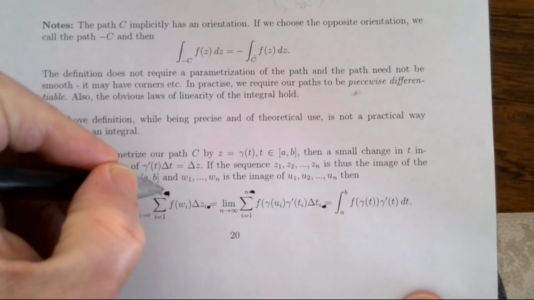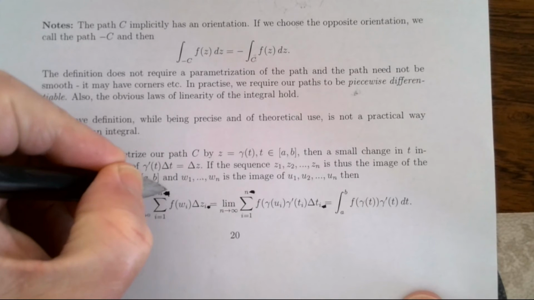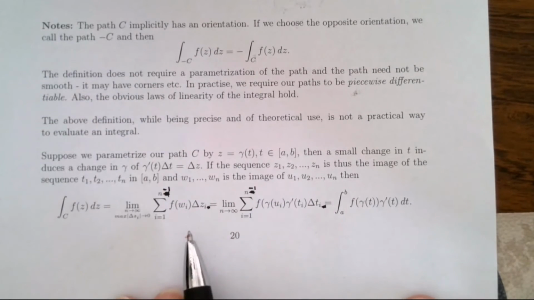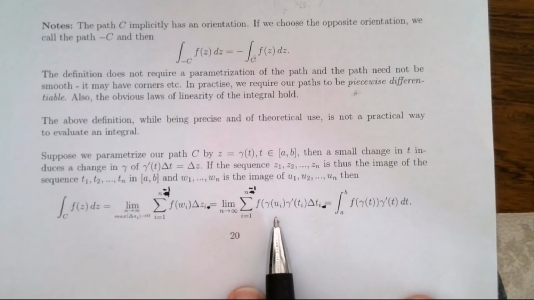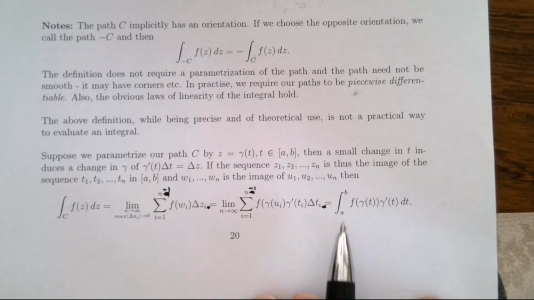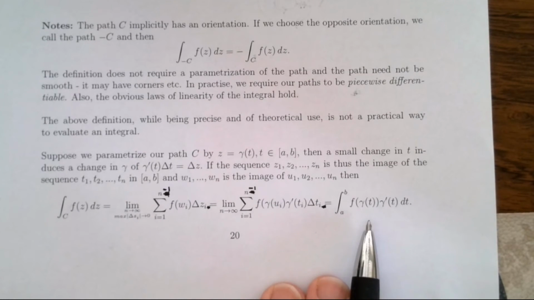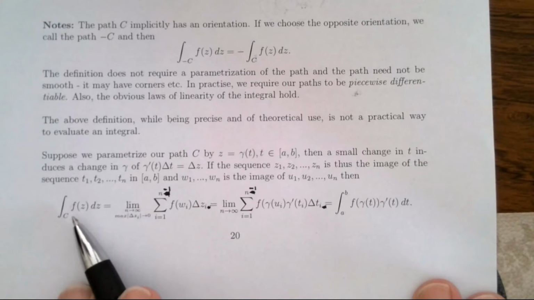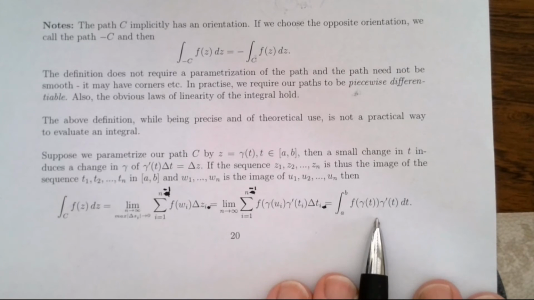In fact, I probably should put a minus 1 here, and I simply substitute in then the wi is just gamma of u i, and times dz, which is gamma dashed, and then as we take a limit of this, we simply end up with this formula here. So in some books, one way of defining the integral is simply to define this to mean this, but here we've derived it